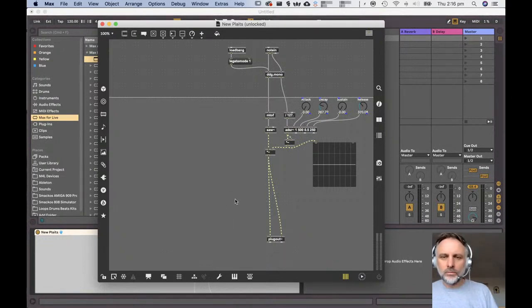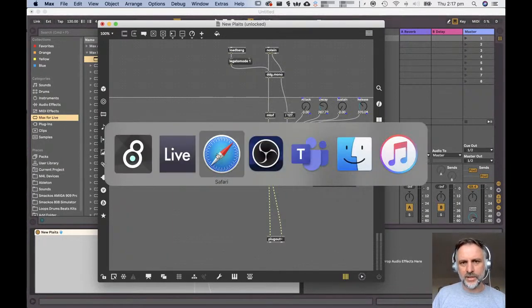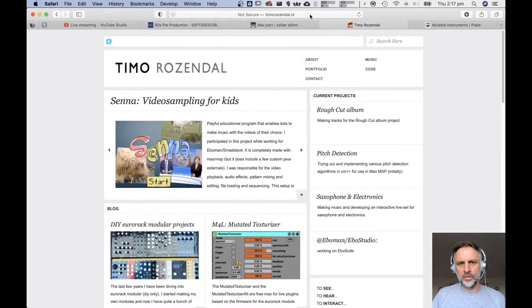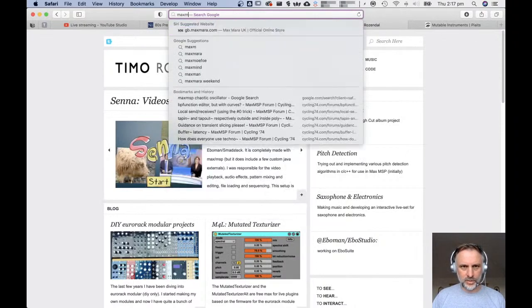Now, this is rubbish. Well, it's not rubbish. I mean, if I had lots of them, it might sound quite nice. But it's not the Plaits oscillator that I want. So how do we get that working? Well, there's lots and lots of places that we can go where we can find Max externals. This fella's website, Volker Böhm, and also the Max Objects